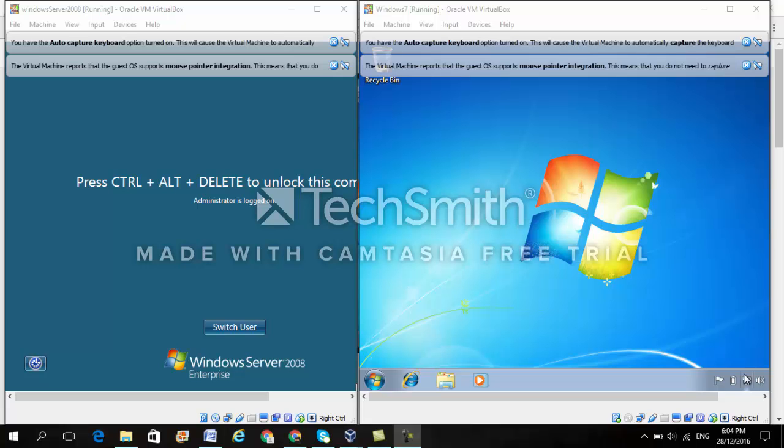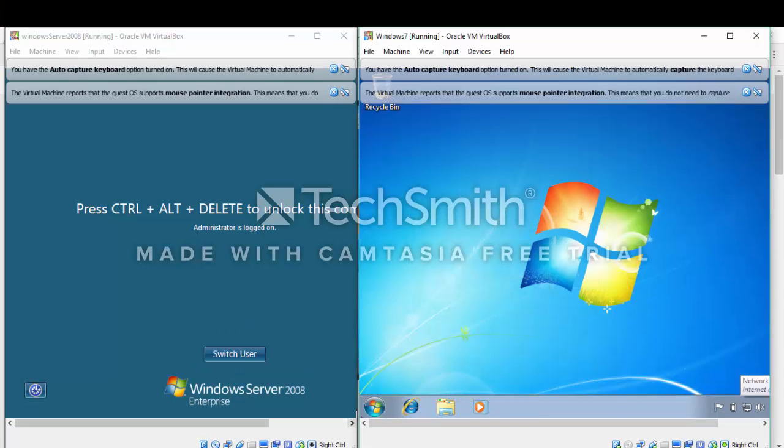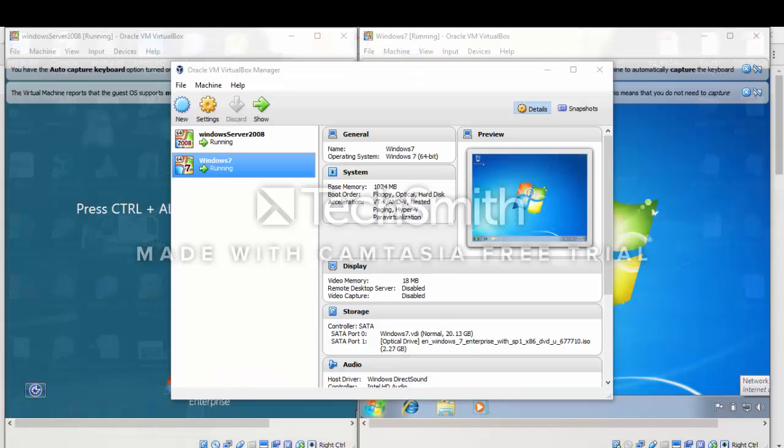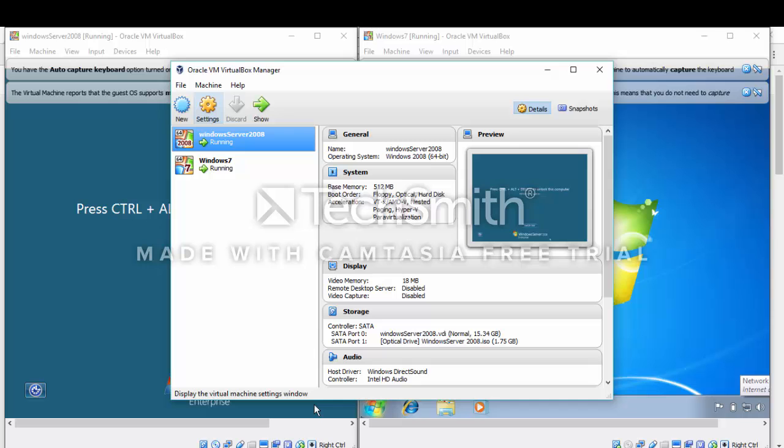I'll be showing you how to set up a domain today and add clients to that domain. So I'm using Windows Server 2008 as the server, and the client that I'm using to add to the domain is Windows 7. Firstly, I'm going into my VirtualBox so I can configure the networks using the settings